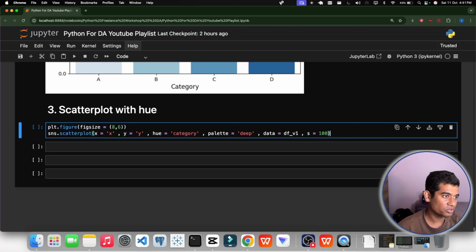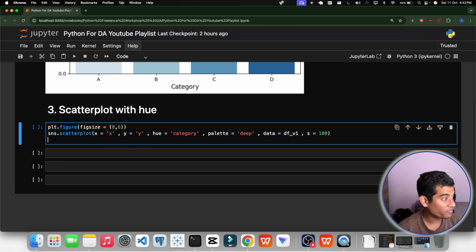If you are plotting student scores by class, then you could color points by class name. Now let's go to the palette part. We use the deep palette for vibrant colors and set s equal to 100 to make the points larger. So it is all about the point size. So we are done with this line.